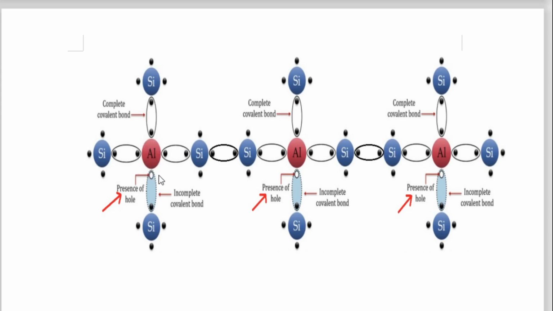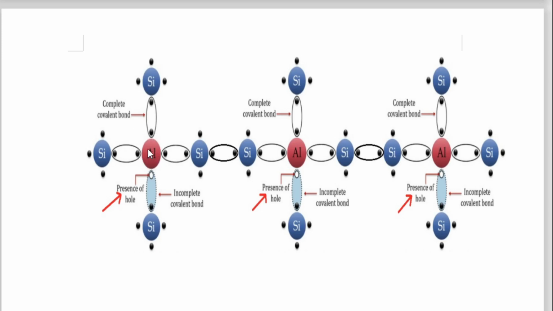But there is no fourth electron to share with the fourth silicon atom, and that non-having of a fourth electron to share with the fourth silicon atom is called a vacancy of electron, and that is nothing but a hole. In this way, very simply, if you add one aluminum atom of trivalent impurity into the structure, one hole will be created, and that is the vacancy of electron, because the aluminum atom is a trivalent impurity. 3 valence electrons are there.